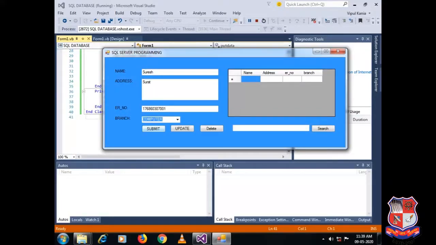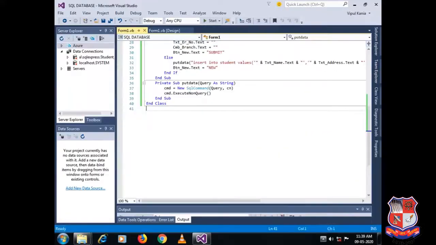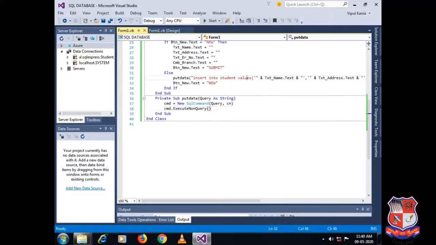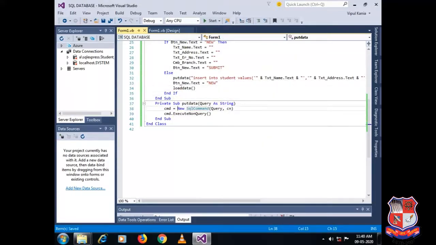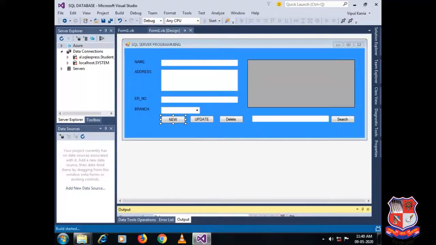Now as soon as I press the submit button, the record will get inserted and the caption will be changed to New. As you can see, the caption has been changed, but I cannot see the record in the DataGridView control because we have not loaded the updated data into the grid view control. So for that, after completion of this transaction, I need to call the LoadData method from my main method. Okay, so let's do that. Here at the end, LoadData. Okay, now once again let's check it out.